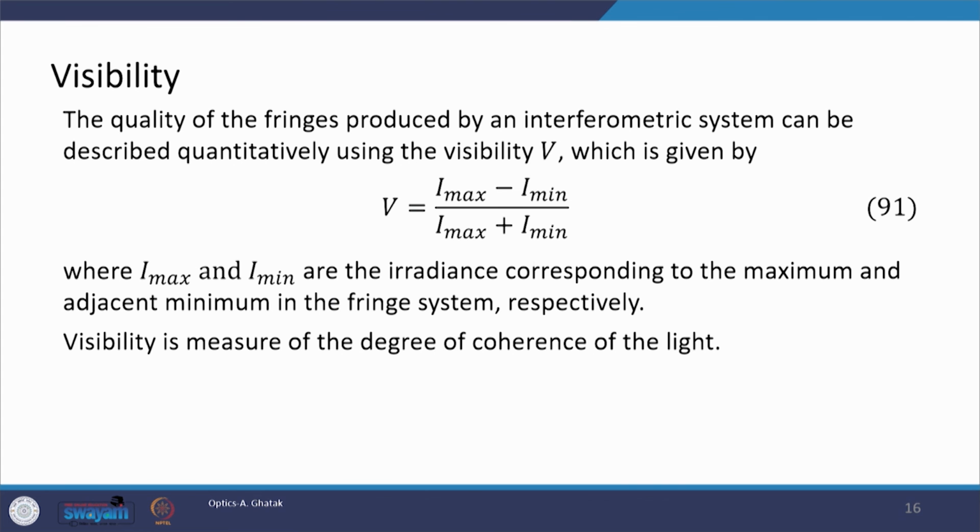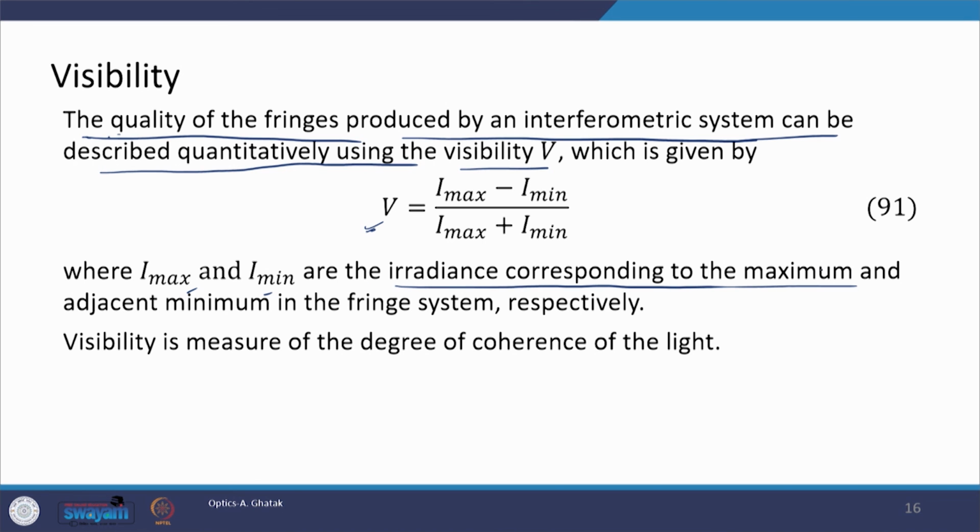Now, coming back to visibility, the quality of fringes produced by an interferometric system can be described quantitatively using visibility V, and the visibility is defined by this term which we already discussed, and I max and I min are the irradiances corresponding to a maximum and an adjacent minimum in the fringe pattern respectively. And it measures the degree of coherence of the light. This is already defined. And this concludes